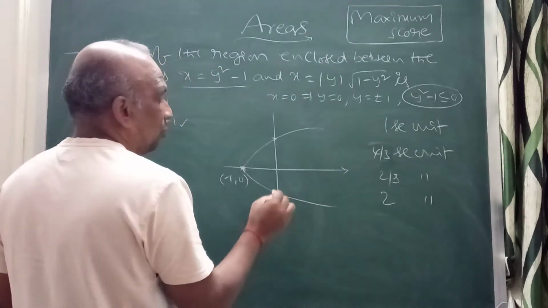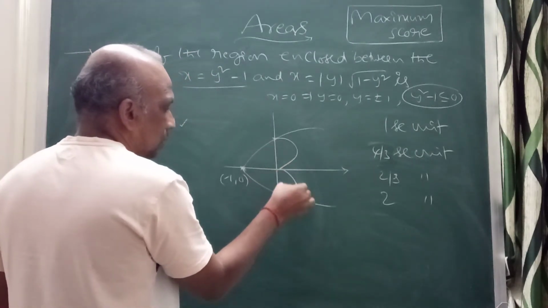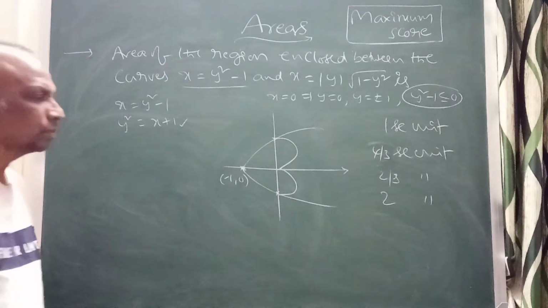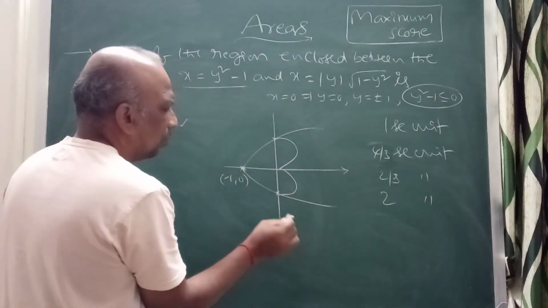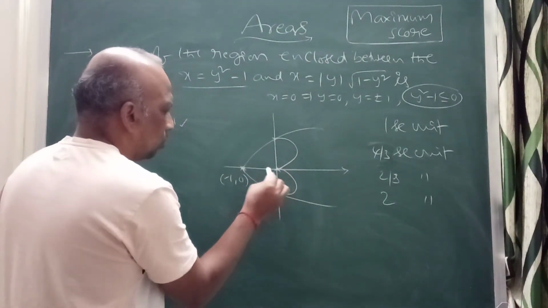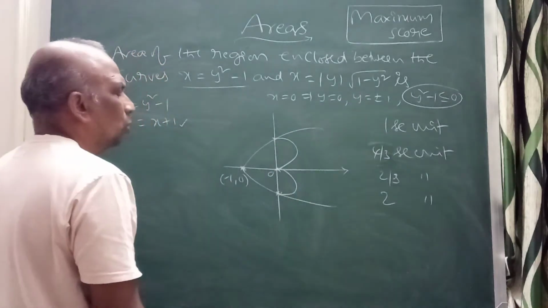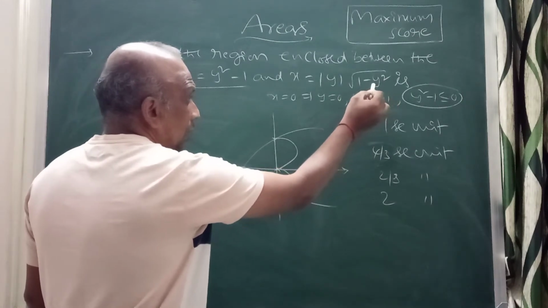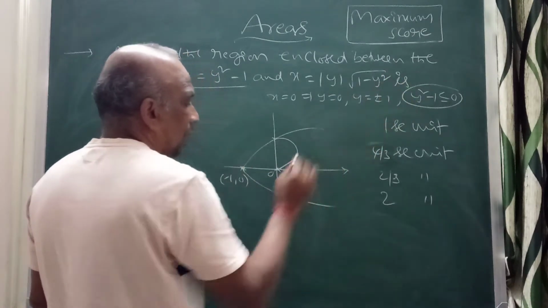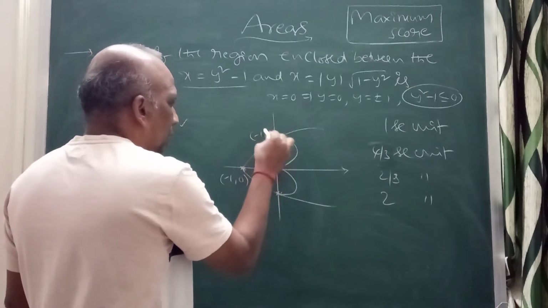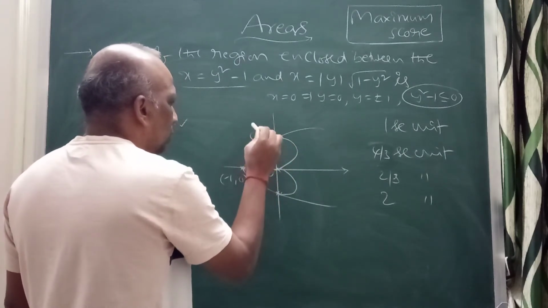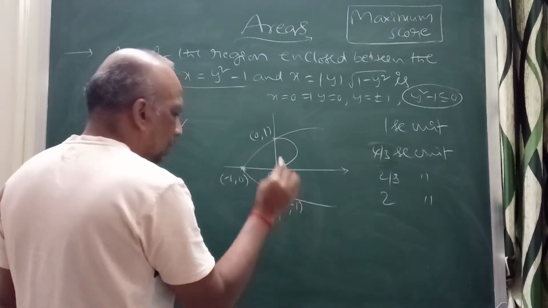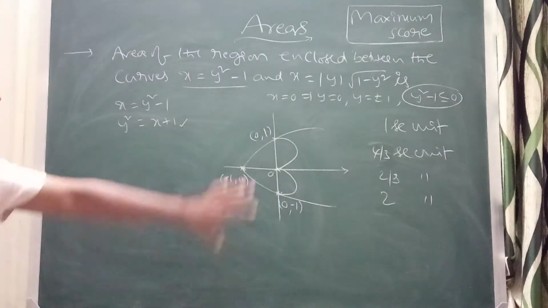You can verify here. It will come like this. The area it will come, correct? Just it will come like this because it passes through 0, 0. Then y equal to 0 also gives 0, 0, and 1 minus y square greater than or equal to 0 means y value is minus 1 to plus 1. So this is the point 0 comma 1 and 0 comma minus 1. This is the required area.